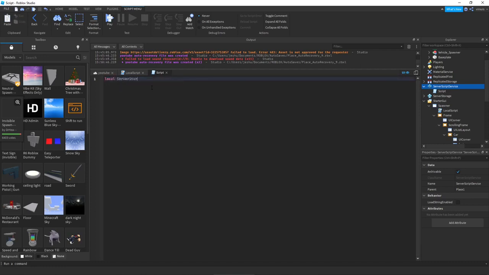local serverStorage = game:GetService("ServerStorage"), and then local spawnCarEvent = game.ReplicatedStorage.SpawnEvents.SpawnCar, local deleteCarEvent = game.ReplicatedStorage.SpawnEvents.DeleteCar, just like that. Now that we have the script and the local variables, let's go ahead and make the function for the spawn